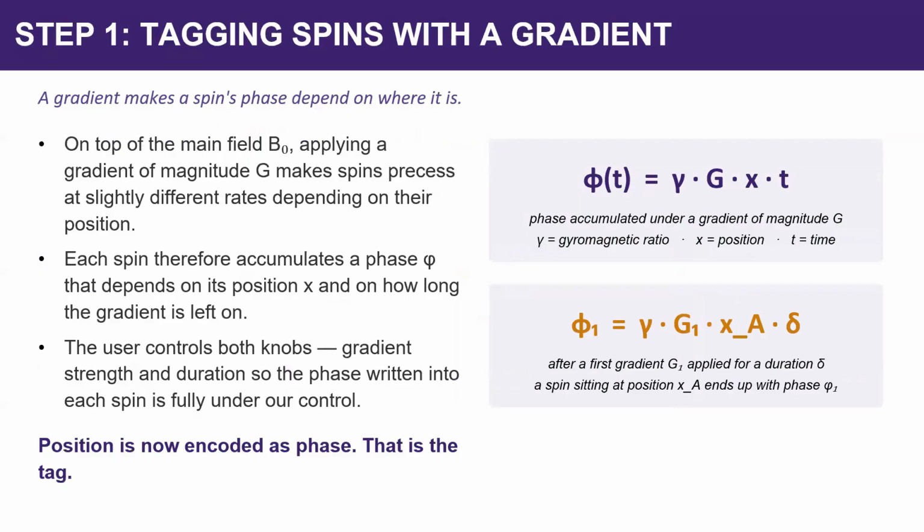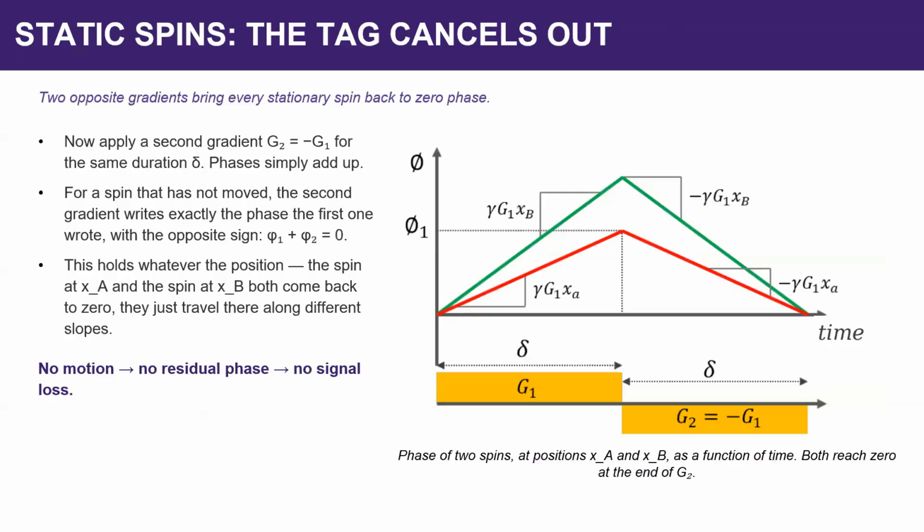We tag the image because, if you remember, you have this equation: you need to tag these water molecules. When you put one gradient in this step, the water molecule needs to have a phase. The equation that governs this phase involves the gyromagnetic ratio, the position and the time, and each molecule has a different phase to differentiate it. You have one type of gradient, so you have one phase, and it's like this. For example,